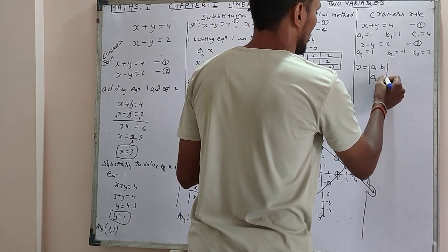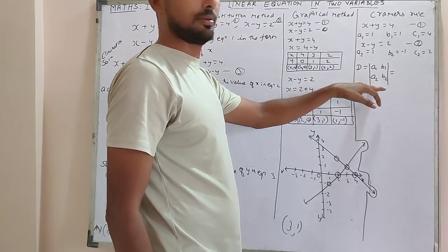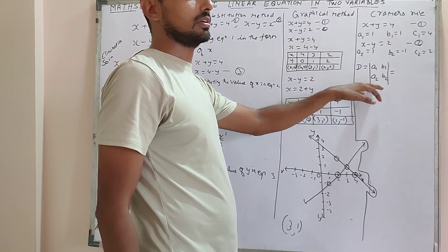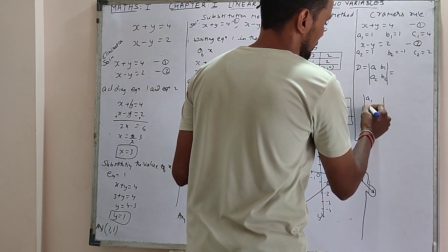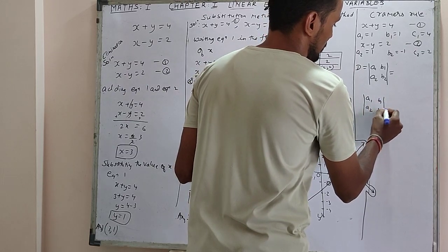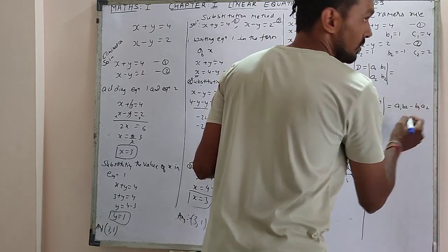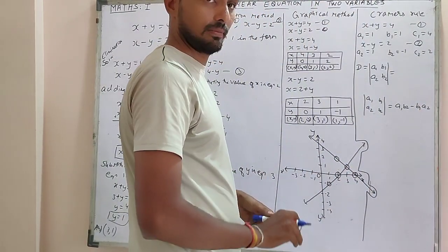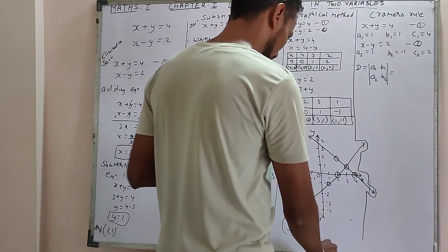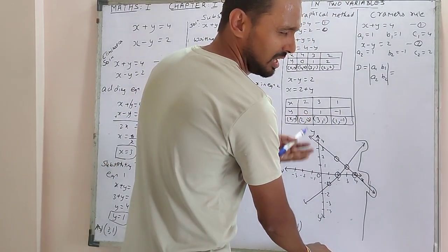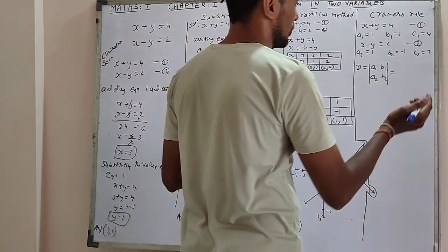A1, A2, B1, B2. I think you might know how to solve this kind of determinant, how to open these values, but I'll just explain it to you. Suppose this is A1, A2, B1, B2. The formula for this is A1 B2 minus B1 A2. This is the way we are going to solve it. I'll take a brief lecture on this topic, but not right now. Since this is an introductory lecture, I'm supposed to cover each topic within a short span of time, so that you don't waste your time.